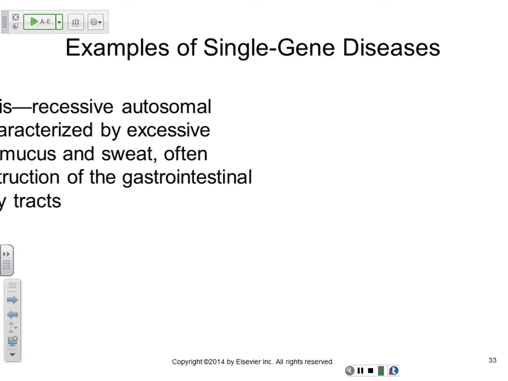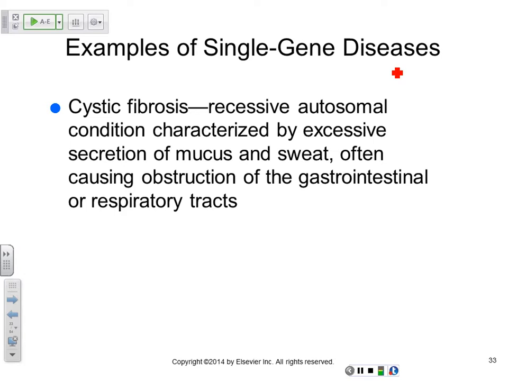Okay. So these are single gene diseases where you have a problem with the sequence of one gene. And one gene, we said, the final product is a protein. So you make a defective protein that doesn't do its function. All right? And the first one is cystic fibrosis. That's the first condition we're going to talk about.